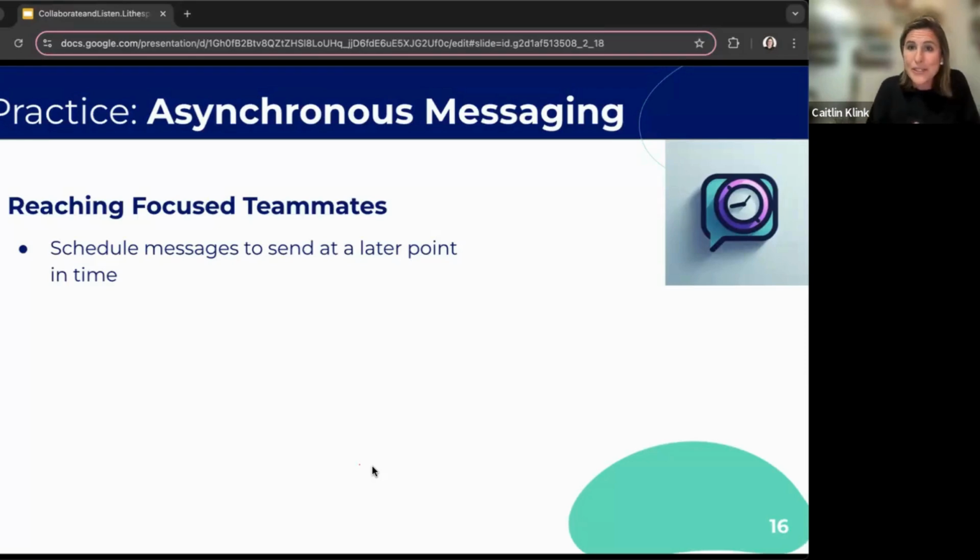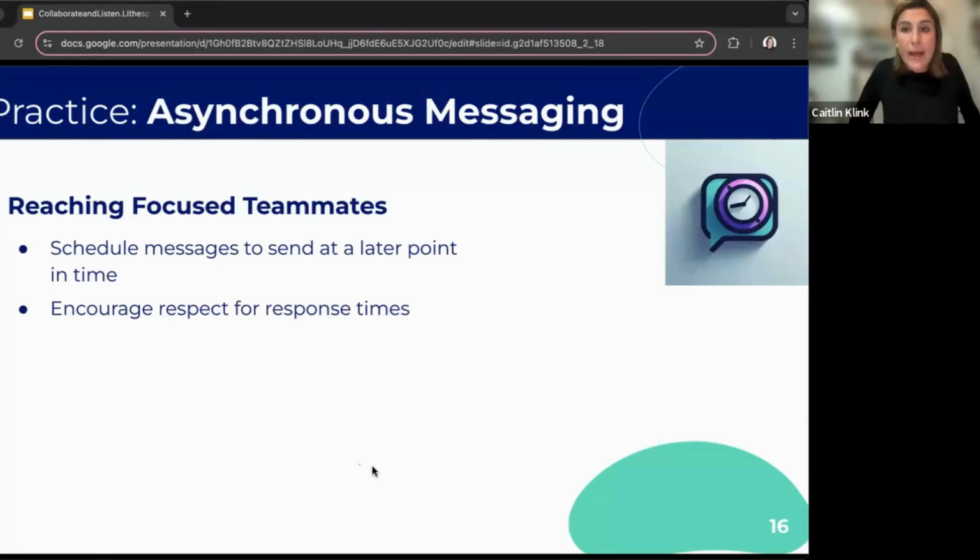Seems very simple. It's just her signature line, but it breaks the unspoken rule of everything is urgent, everything is ASAP. We very much live in that world. So sometimes all it takes is a simple sentence to say, hey, this is not on fire. I just wanted to get your thoughts. Something as simple as that can be a way to break that unintentionality and just be intentional. Encourage respect for response times on your team. We have set these team norms and we know that people are not going to be available all the time, so respect their response times. And we'll talk a little bit about how, as recipients of messages, you can help guide that as well.